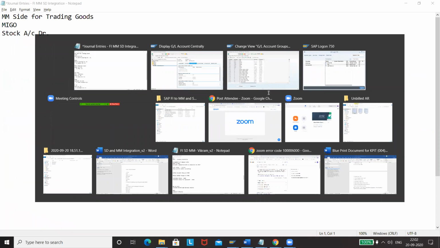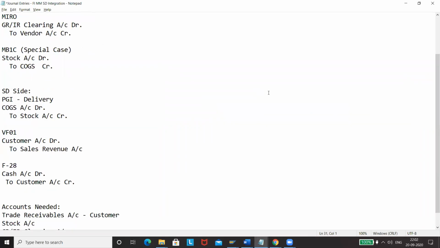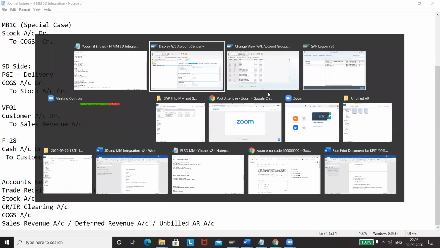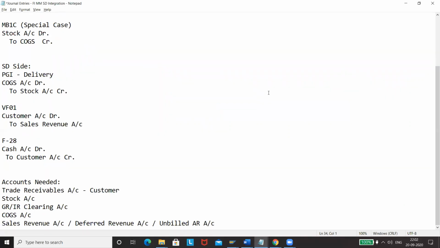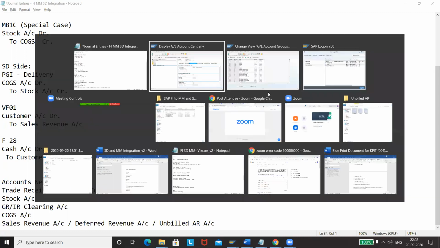So now what we have done, we have just created these accounts. We have already done configuration for complete FI, MM and SD as well, but there are a few steps still left out for SD and MM as well. We'll be doing it as and when necessary.